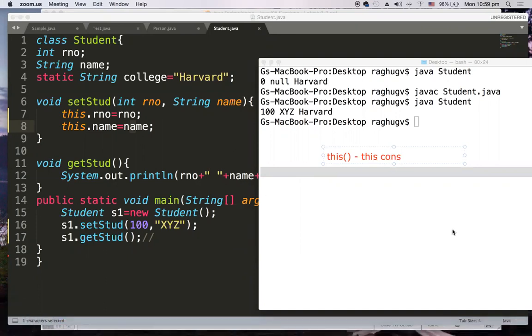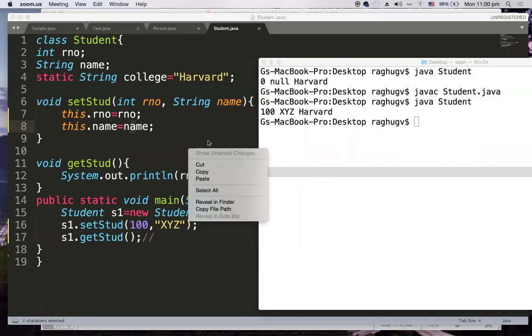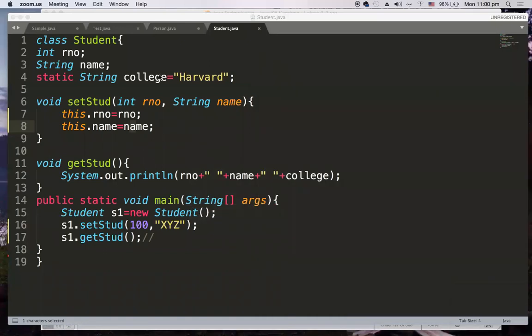In order to explain it, let me make this program suit this constructor. I'm clearing all these drawings here, and I'm making a few changes to help you understand the this constructor.